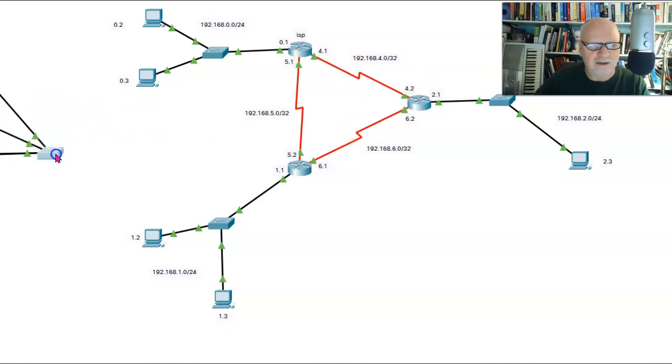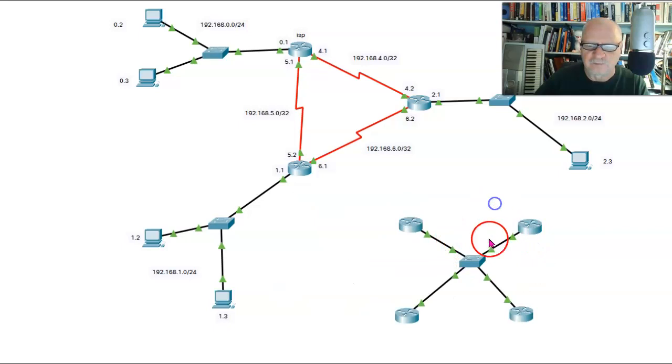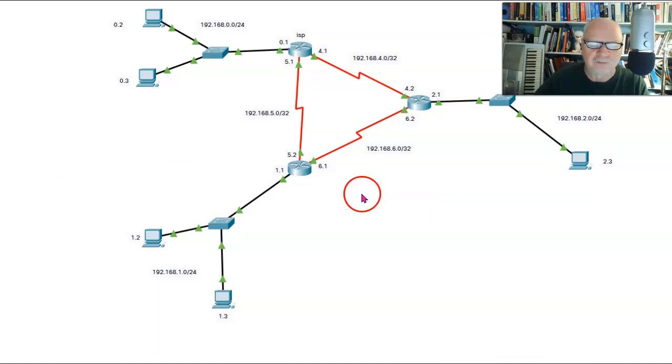However, if we had a network that looked a little bit like one I'm going to bring over here in a second, like this, so that we have multi-access routers, then the election process would certainly take place. However, it's not going to happen here. But let's look at this and pretend here for a moment that we are going to choose which one would become the designated router and backup designated router if they existed.